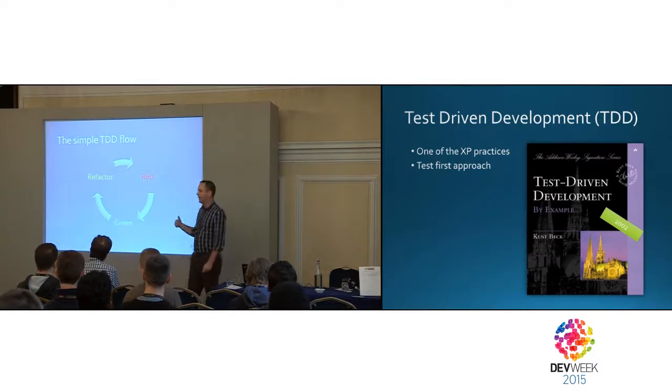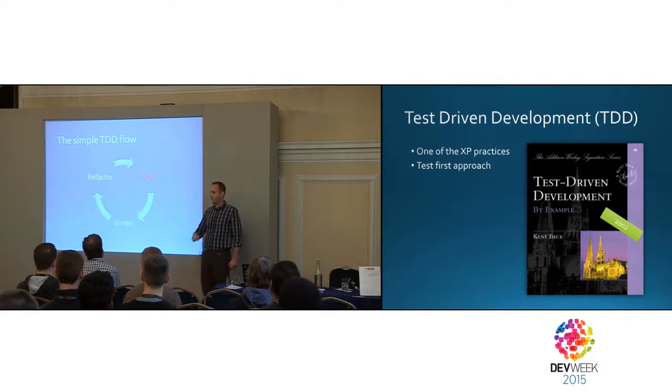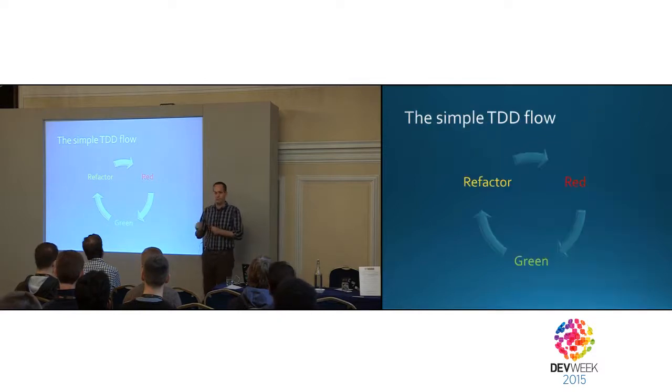Then I'll write the minimal amount of code in order to make the test pass. Again, a very hard thing for developers to do. I'll put in a few things along the line just because I remembered something. And finally, I'll refactor the mess I just created. And this cycle goes test by test until I have a full feature written. TDD has two problems, though.